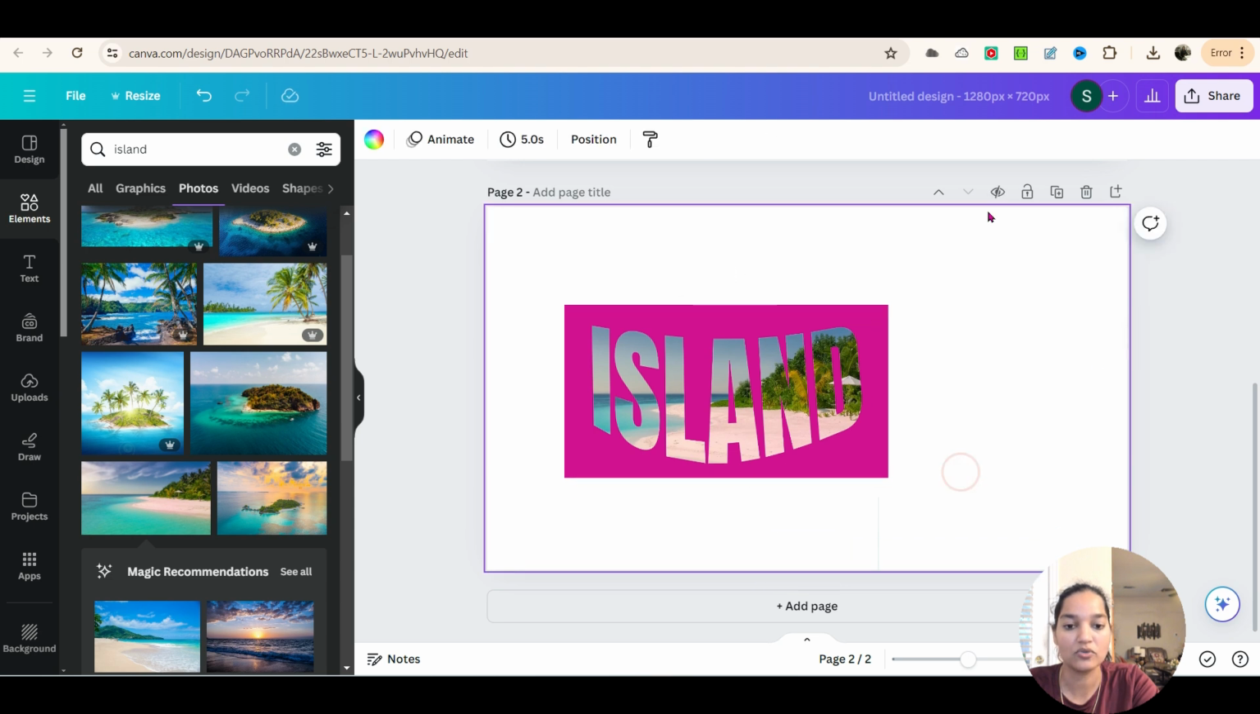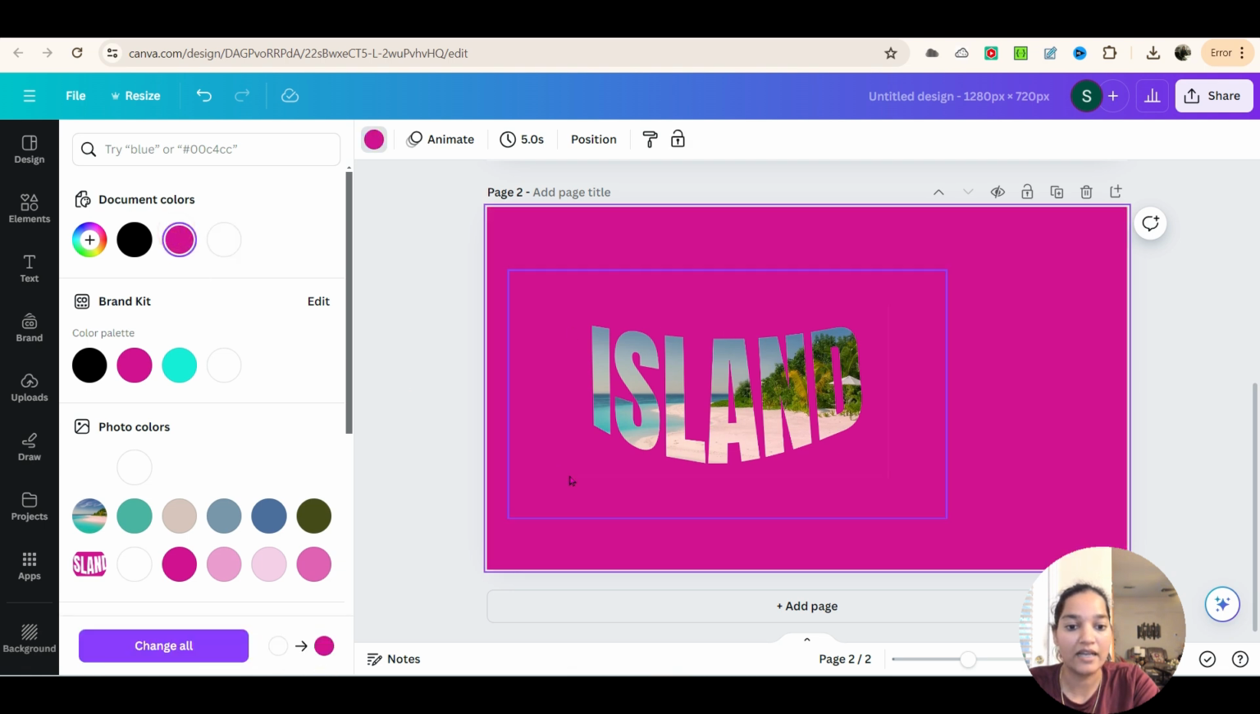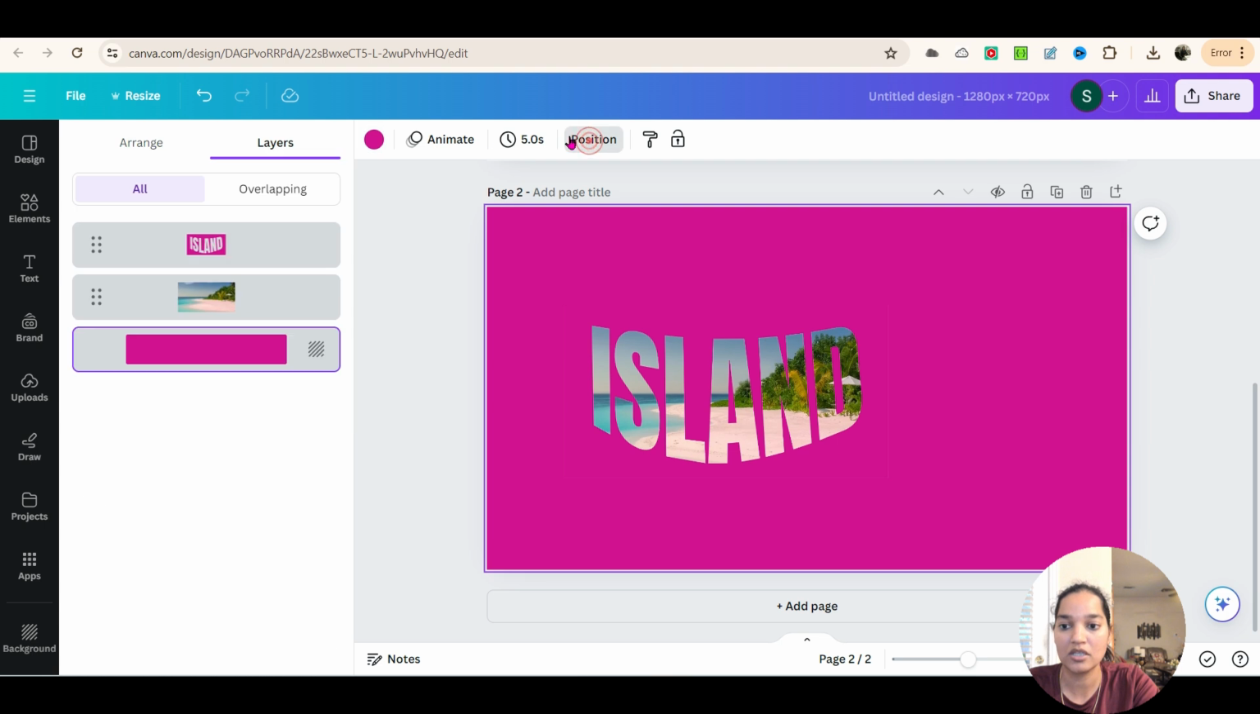And then what I'll do, I'll change the background to match this pink background. This is the most important step. You have to make sure that your background matches this island background that you have. Okay, so there is an image here in the back, and then you have a pink background. Okay, so if you go to the position here, these are the layers. You have the image of this, then you have a picture of the island, and then there is a background